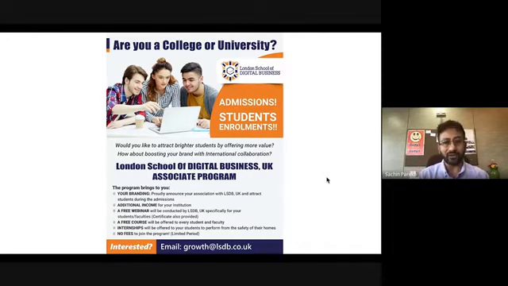But if your college is genuine in offering more value to the students, then you can encourage students to take internships. Doesn't matter if it's their first year or second year BCom. They're all on social media anyway. So why not give them an opportunity to do an internship with an international brand like LSDB. Of course, there's no fee to join this program. Isn't that fantastic? If you're interested, email us at growth@lsdb.co.uk.